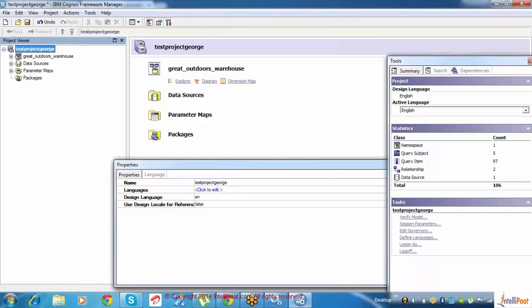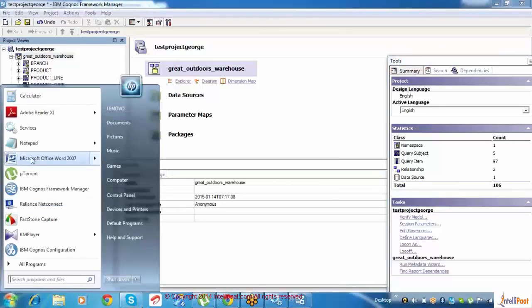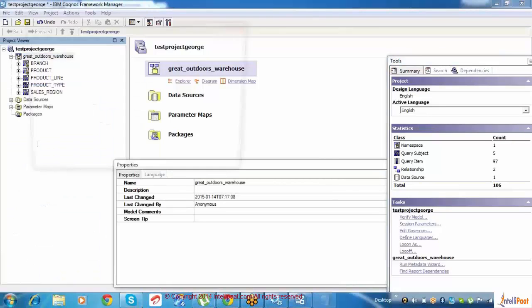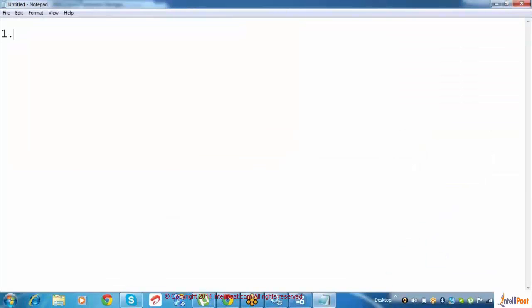After that, initially all the tables will be imported like this. IBM has given some standards actually. What are the recommendations? Whenever you do the modeling, they are the product developers. They have given certain recommendations. So as per their recommendations, you need to follow 3 layers for this modeling.